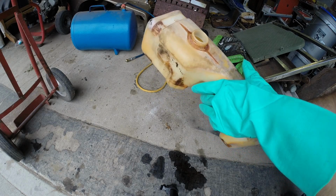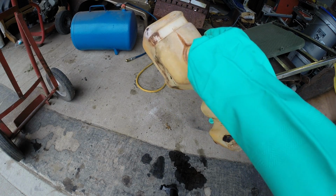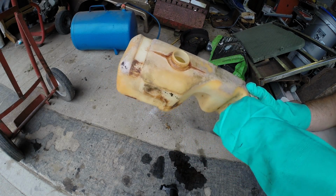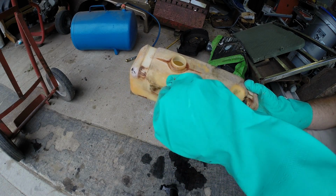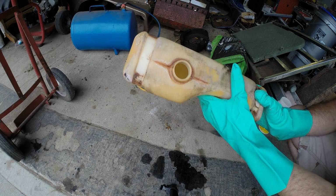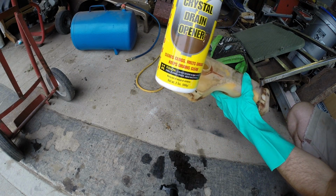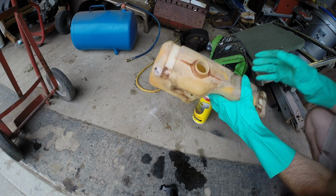Okay, on further inspection of the tank, the little pieces that I thought were stuck to the bottom of the tank were actually free. So I washed it real good with water, and then filled the bottom up with several small bolts and shook it back and forth, and I don't know if you can see, but that is super clean. So sodium hydroxide to clean out old gas tanks works great, but you have to watch out